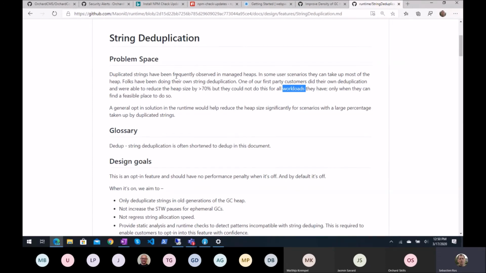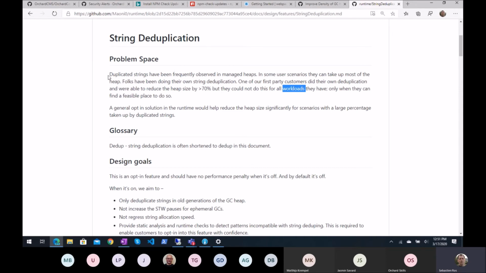Also, when we want a high density of Orchard sites in multi-tenancy, usually for Orchard 1 at least, and we also know for sure in Orchard Core, even if it's less, memory is actually the bottleneck. At some point we are not limited by the CPU usage of the site, but by the memory usage of all these tenants, because each tenant will have a set of memory for every tenant we create.